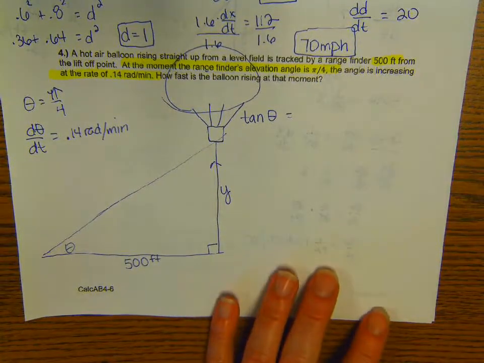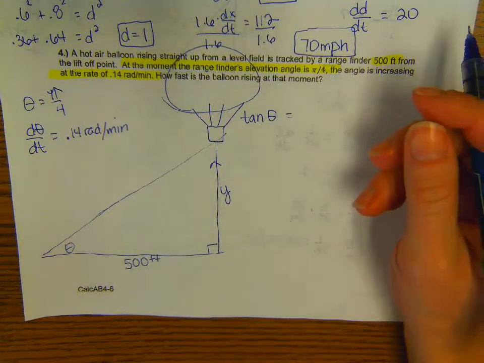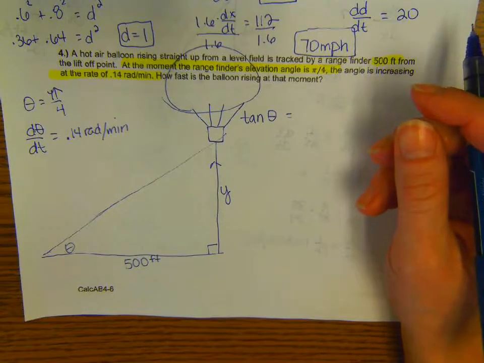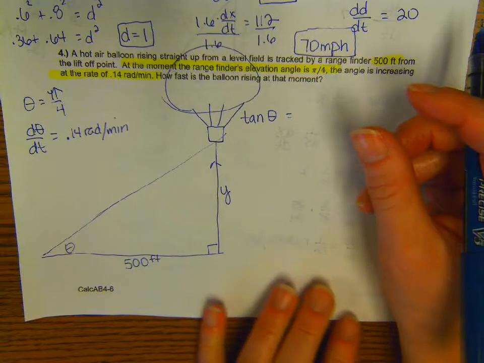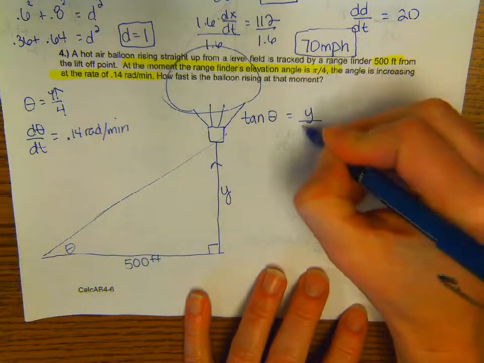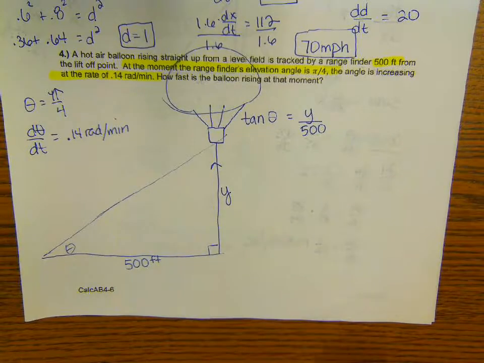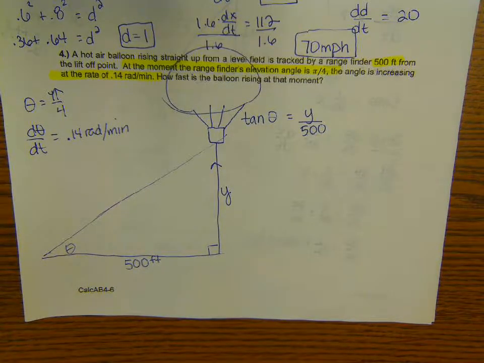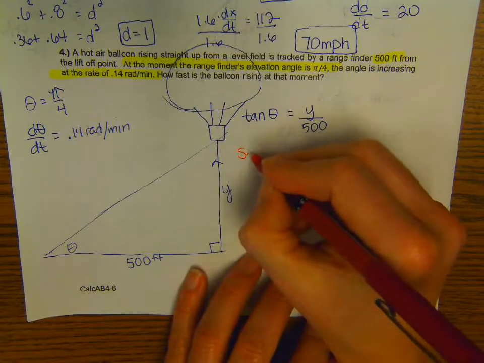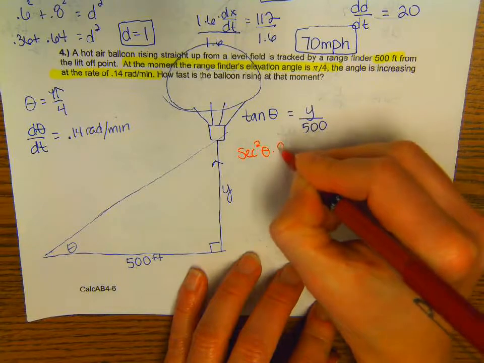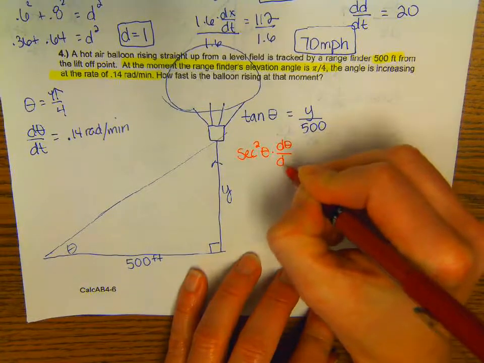So what are we going to write? No, it doesn't. Because it doesn't equal opposite over hypotenuse. It equals opposite over adjacent. Jeez. All right. So that's a relationship. To find the relationship between rates of change, what do we do? Take the derivative. What is the derivative of tangent? Nice. Secant squared theta, but I have to add d theta dt